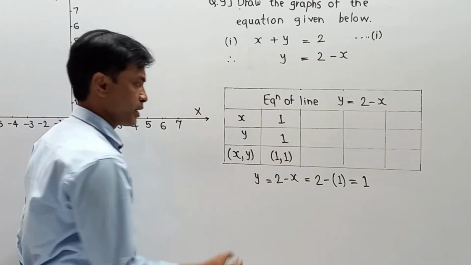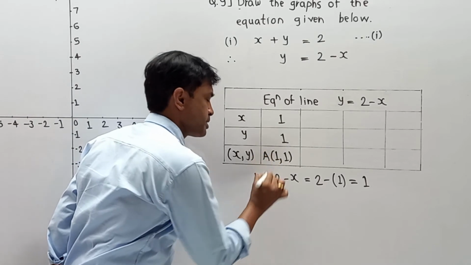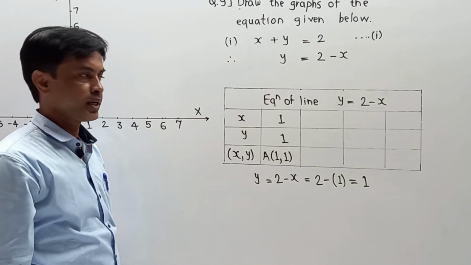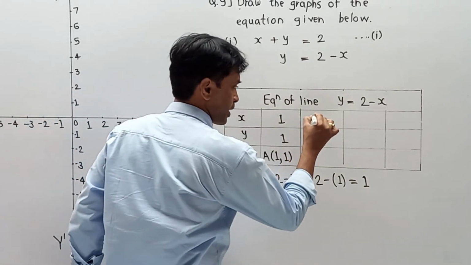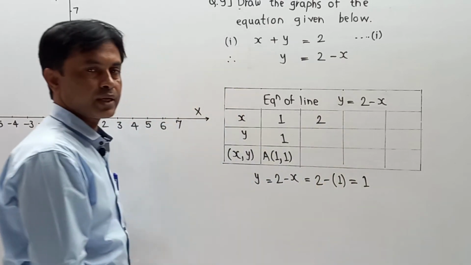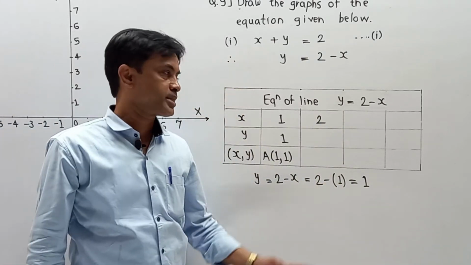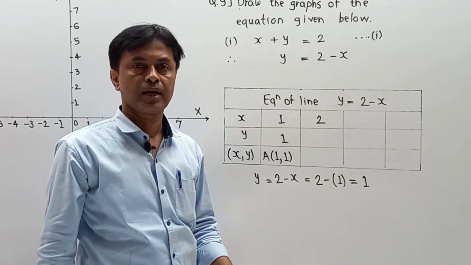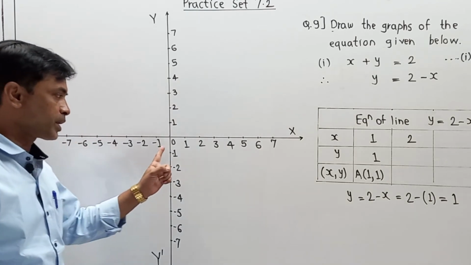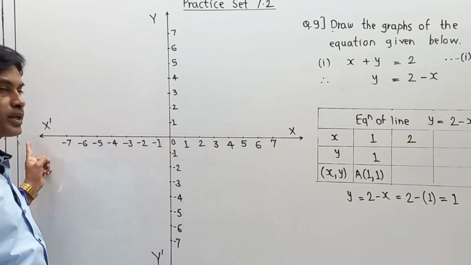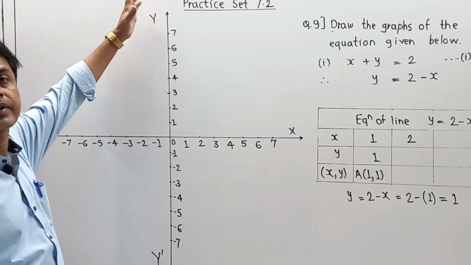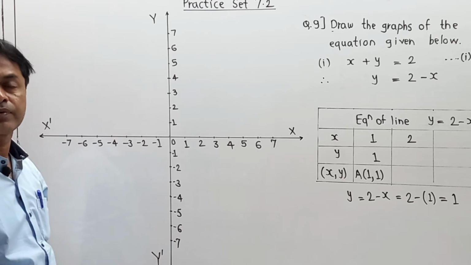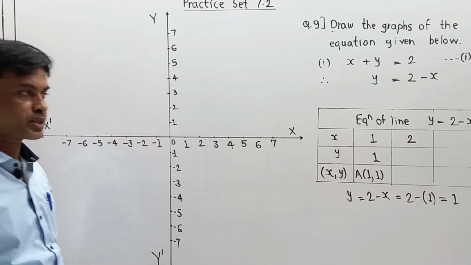As this is my first point, you can also give an alphabetical name like A, B, C or P, Q, R. Here I am going to take A, B, C, D for the points. Next, I am going to assume the second value as 2. Now, remember students, in this case generally we take plus 1, plus 2, plus 3, minus 1, minus 2, minus 3 or 0. The reason is that our graph has coordinates from 0 to 7 or 0 to 9, or 0 to minus 9, so we are taking points closer to the origin.